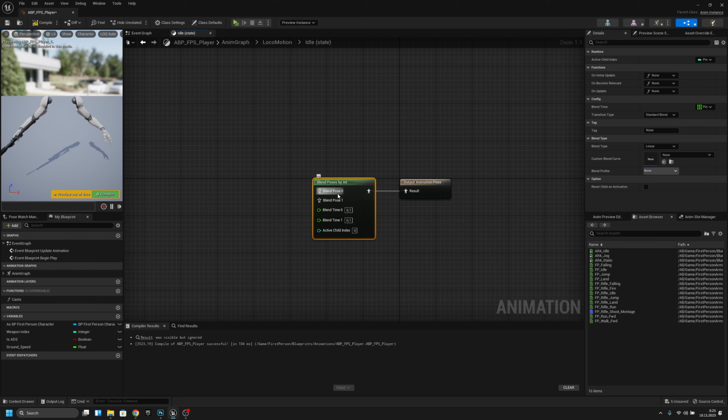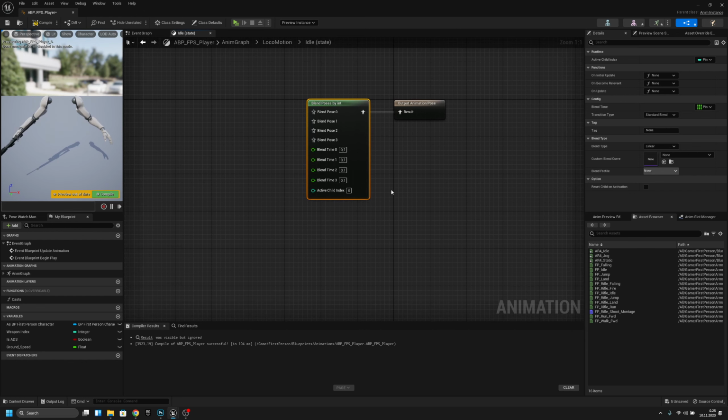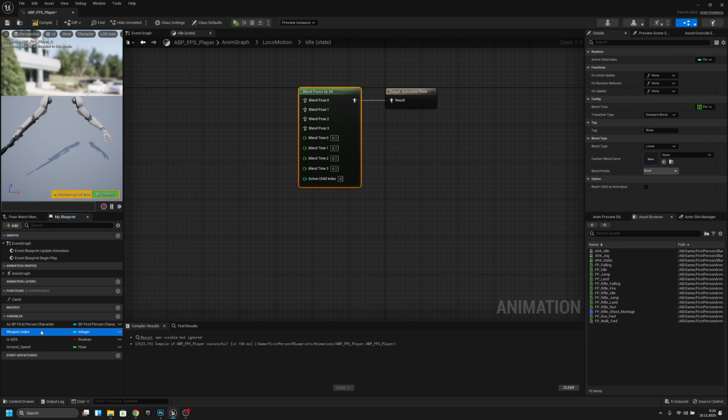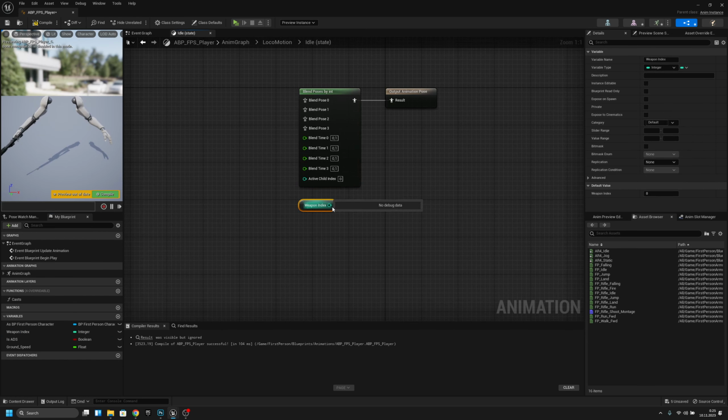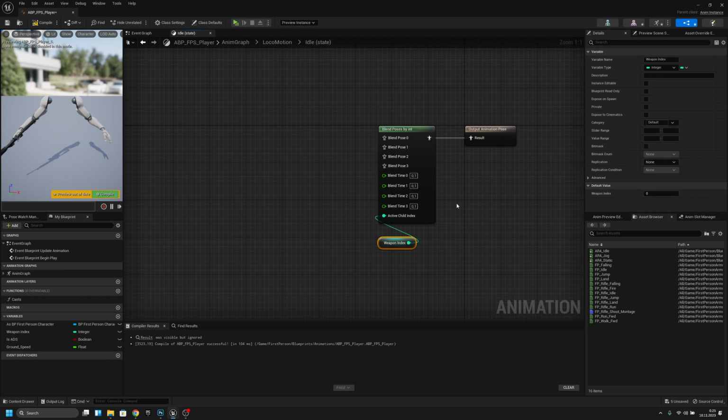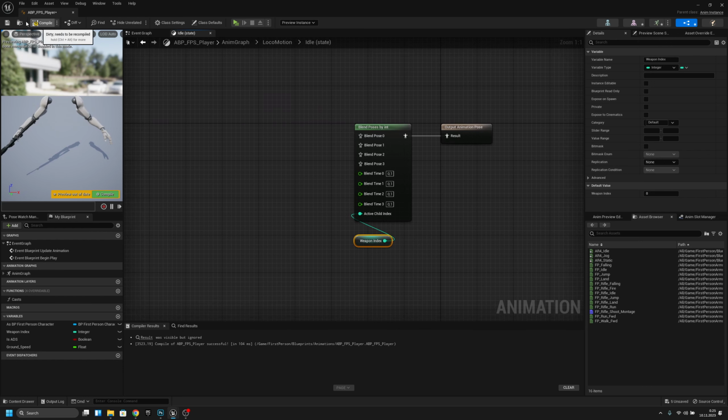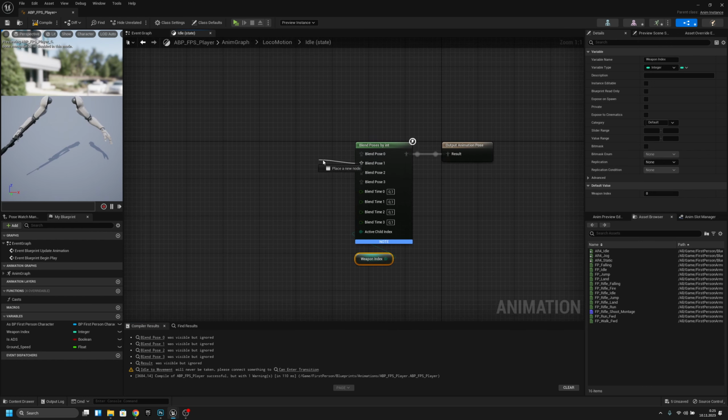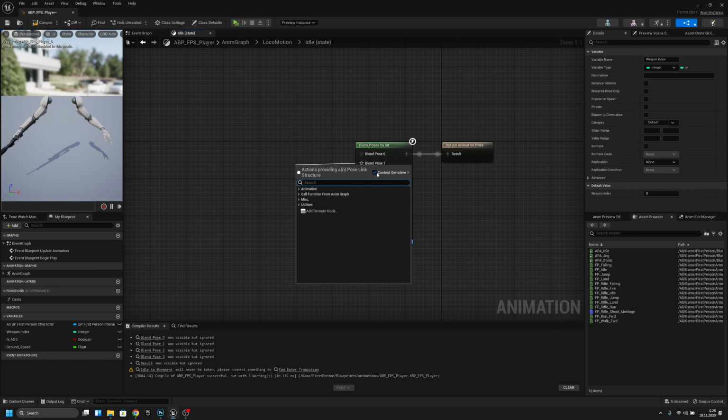Now we want to add a few pins. How can we do that? Oh, add blend pin. I will add like this much, like 3. And now we have to get the weapon index to here. Connect it there. And actually we're only using the weapon index 1 at this moment and the weapon index 2,